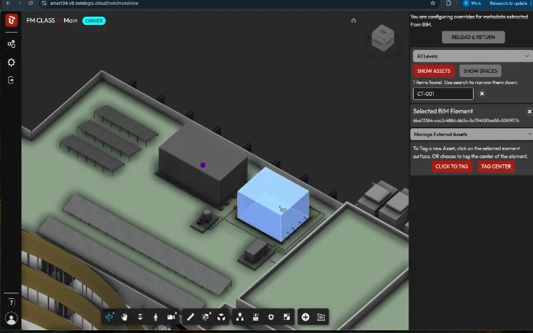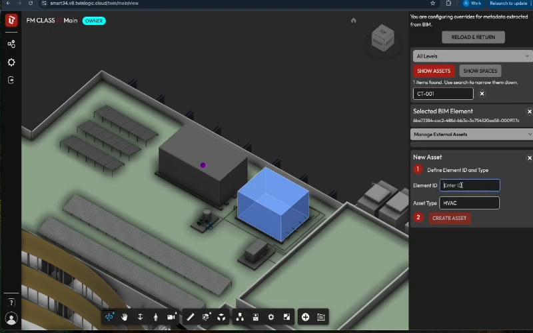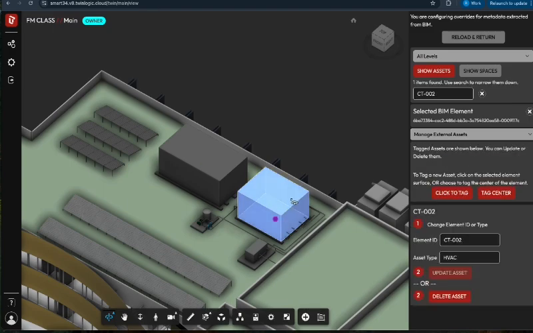Now if I wanted to click and tag an object on this element, I can click here, click to tag. So I have to click and tag anywhere on the surface of this object. So it can be along this face, it can be along this face or this face. So wherever I click is where the dot's going to be created. So I can click, for example, here in this corner, and I call this CT02, still HVAC, and that's created